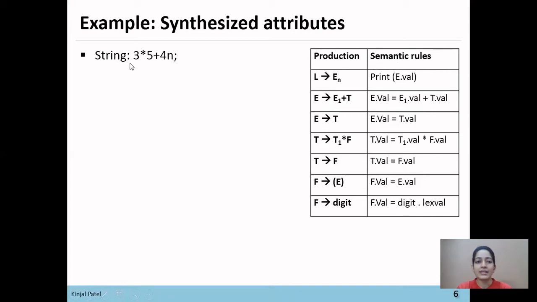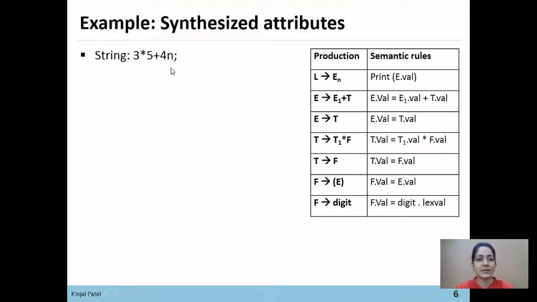First we'll see how to construct the parse tree from the production rules, then we'll see how to construct the annotated parse tree, meaning how to assign attributes in the parse tree. Parse tree means when we draw a tree from production rules, and when we draw a tree directly from the string, that tree is said to be a syntax tree.